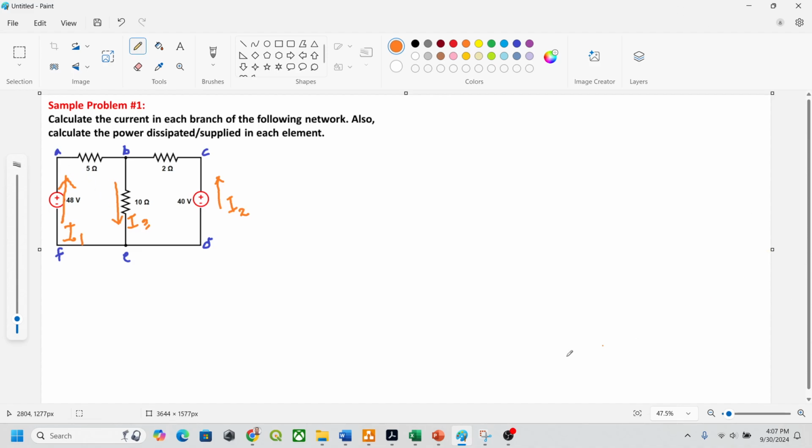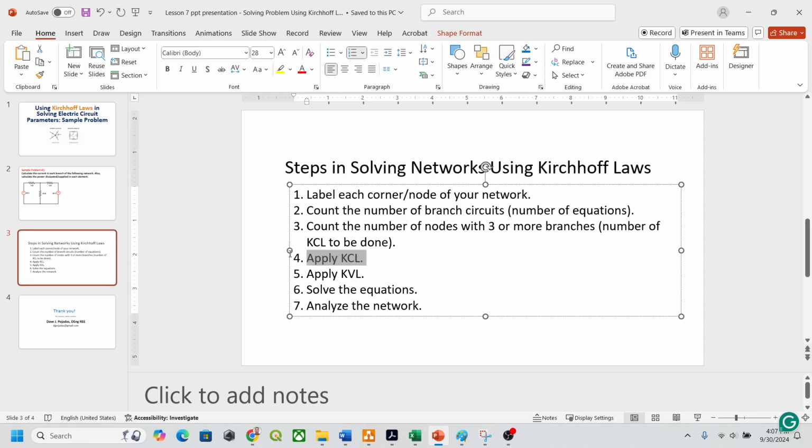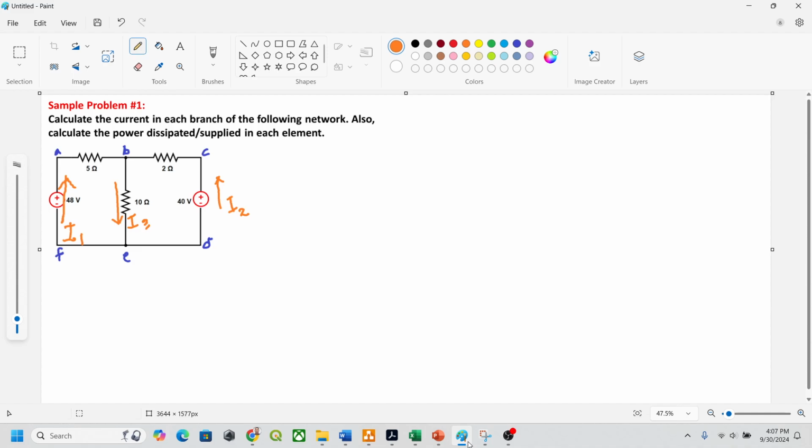So going back to our step, we're right here. We're applying KCL. Applying KCL means we'll have to start doing our equation. So we have two options: either we do our KCL here at node B or node E. For me, it's always the one on the top because that's easier for me. So, KCL at node